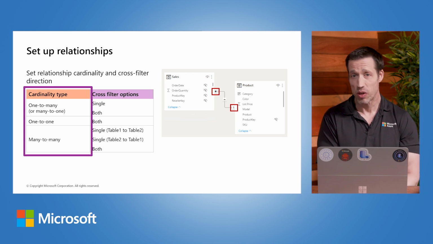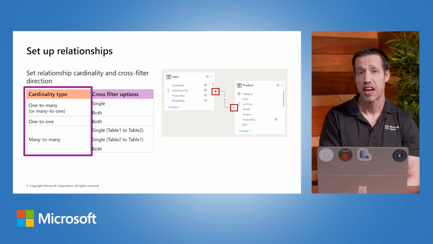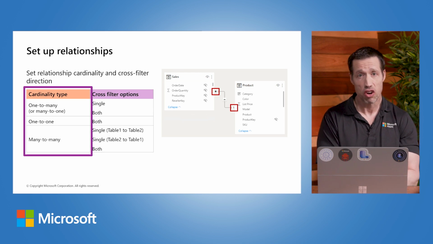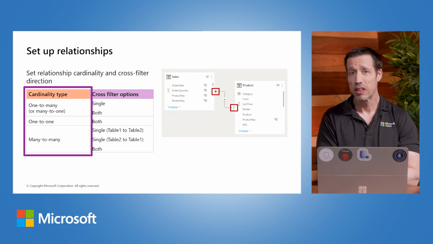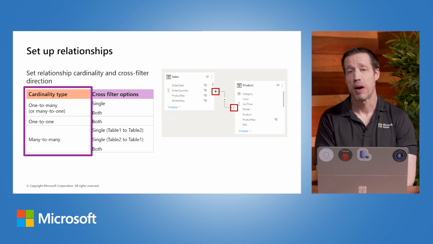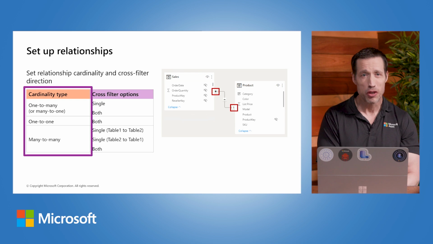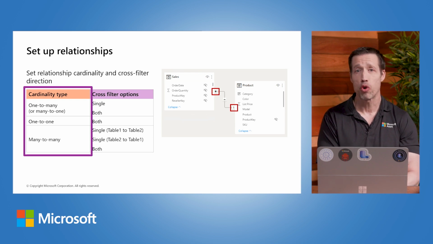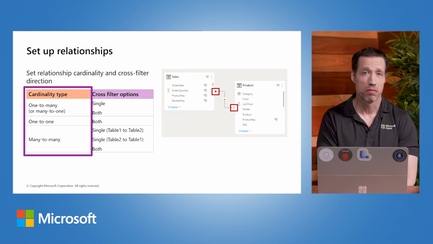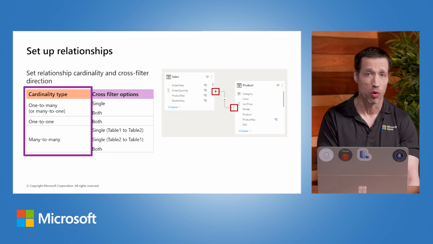A many-to-many relationship means both columns can contain duplicate values. This cardinality type is also infrequently used. It's typically useful when designing complex model requirements. You can use it to relate many-to-many facts or to relate higher grain facts. For example, when sales target facts are stored at product category level and the product dimension table is stored at